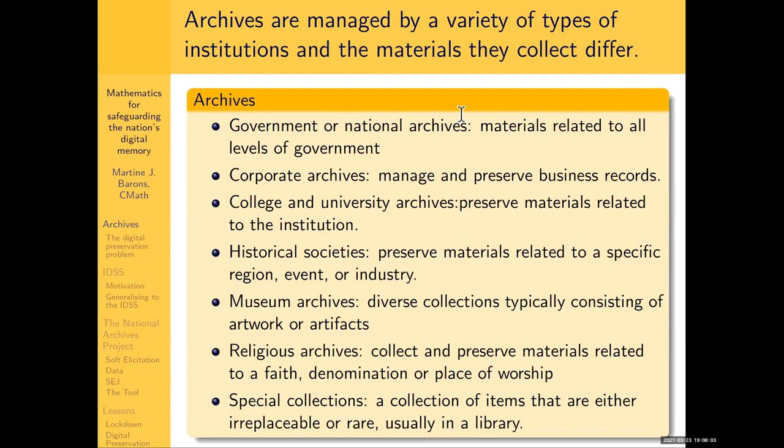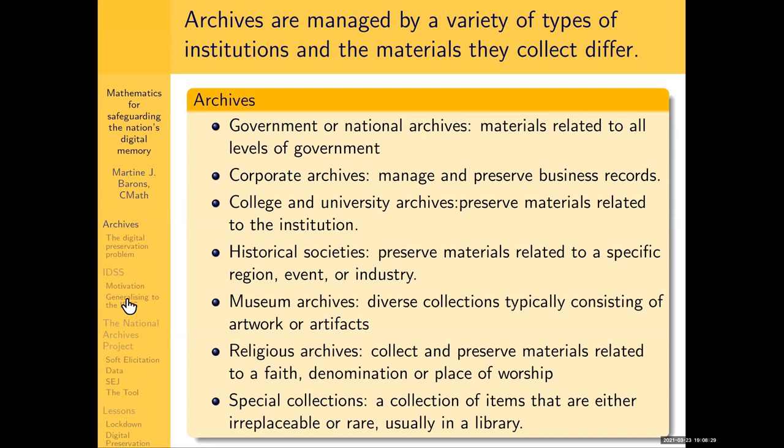They can collect different things depending on what kind of an archive they are. So government archives will typically collect things to do with the government itself, things to do with how the government is working and the legislation and so on. Corporate archives, the history of the company. So places like Cadbury's and Ford will have archives which will give a fascinating insight into how their decisions were